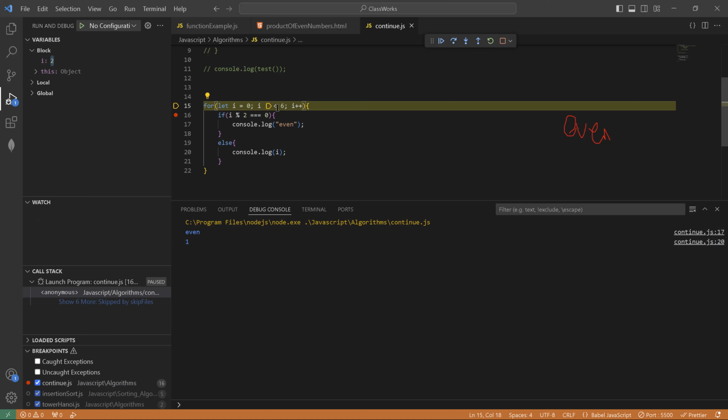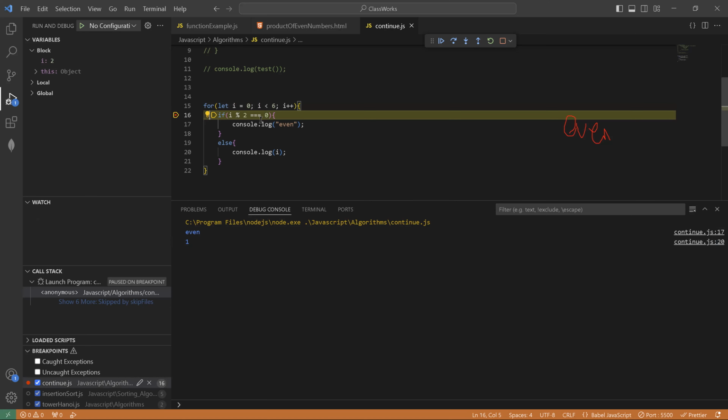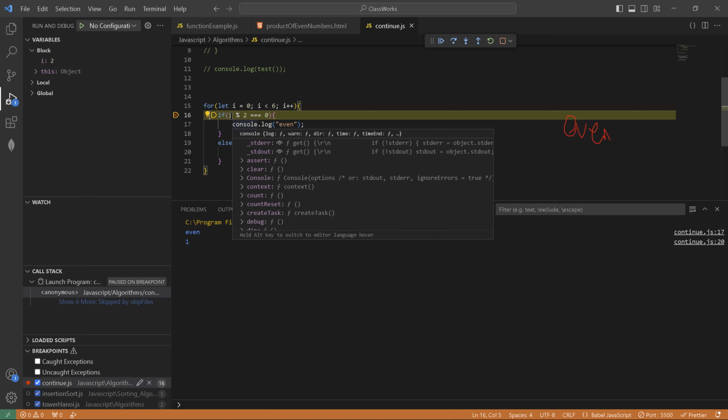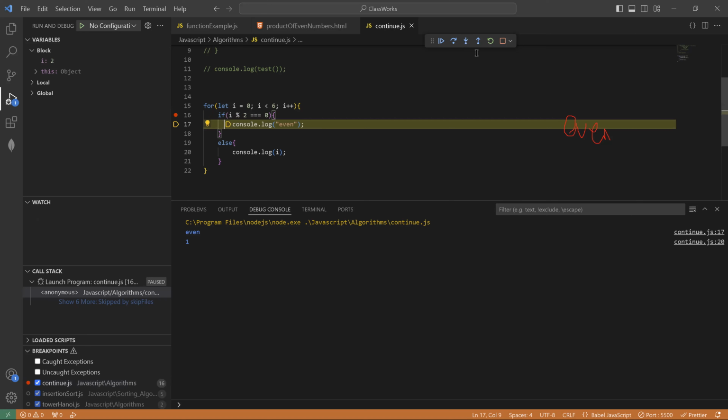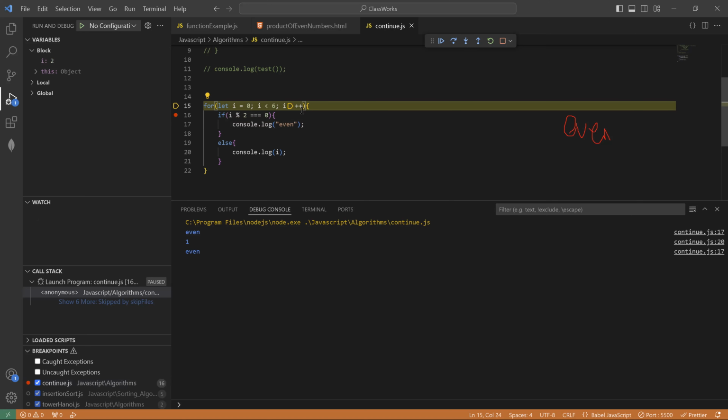It is less than 6. True. It will come into the code block. It will check, is 2 now divisible by 2? True. It comes here to print even,